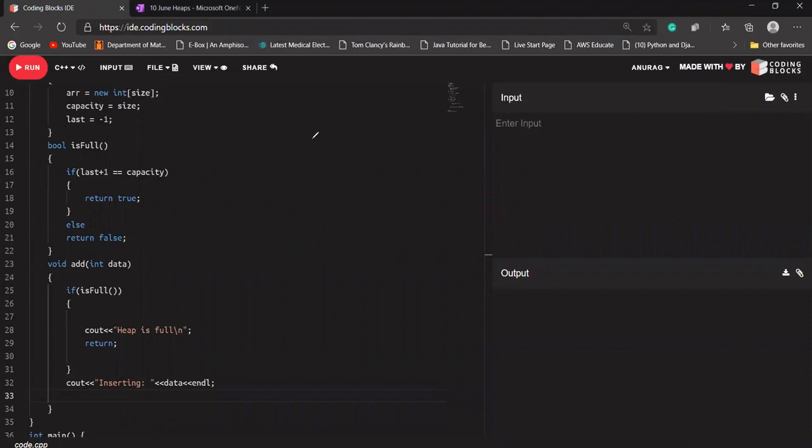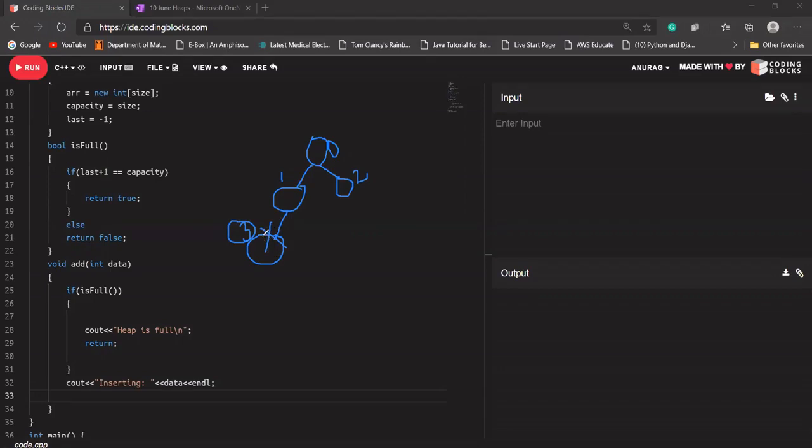Let's say a node is there, means a heap is there. It will be index 0, index 1, index 2. Let's say I want to add something. So first we are inserting the data at the leftmost vacant place, so it will be index 3. If last is pointing to this node, I'm going to increment our last and add some value to it.